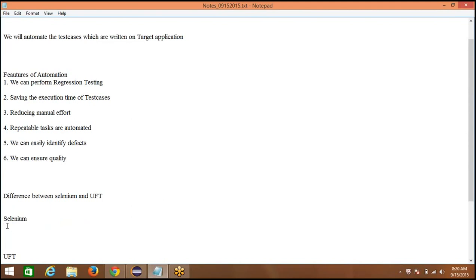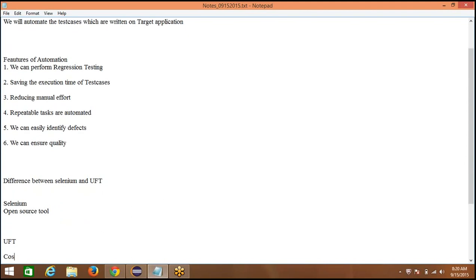Selenium is open source, whereas UFT is commercial. Perfect. Selenium is an open source tool, whereas UFT is costly and commercial. It is very costly compared to some other tools.